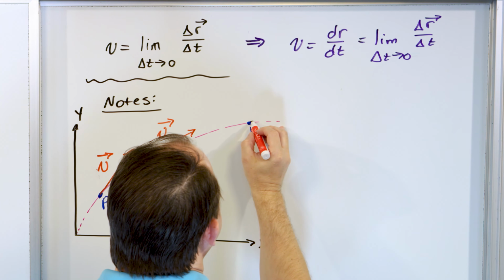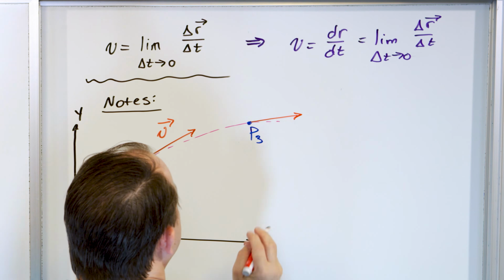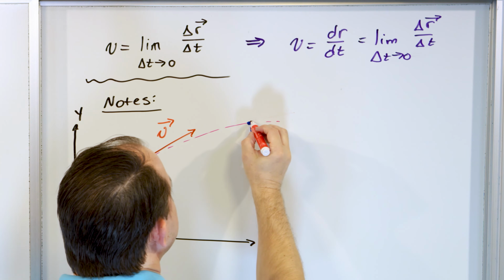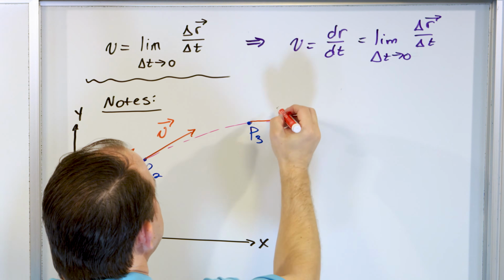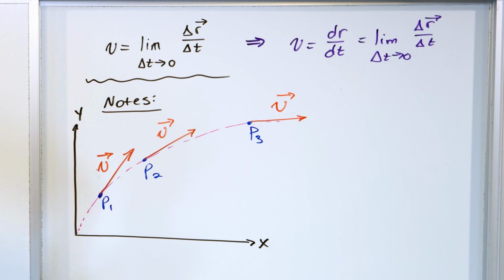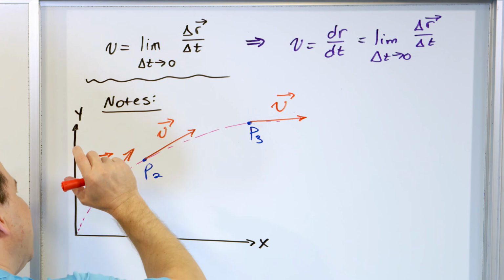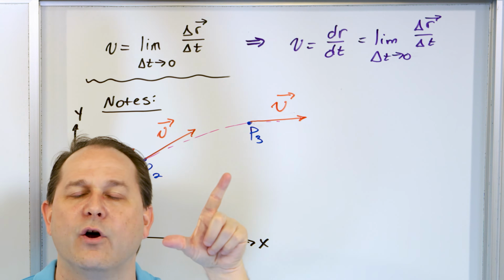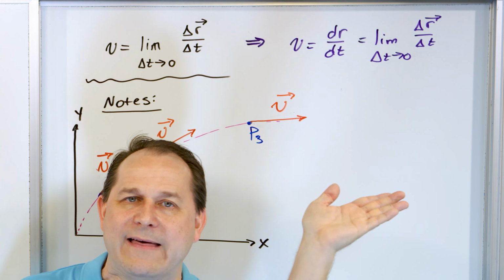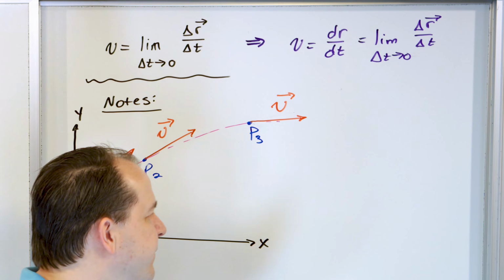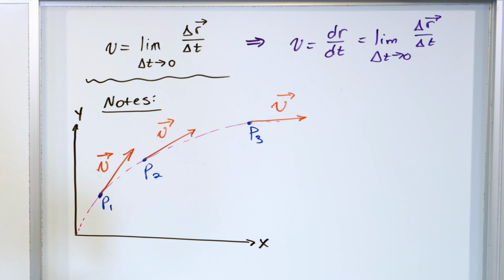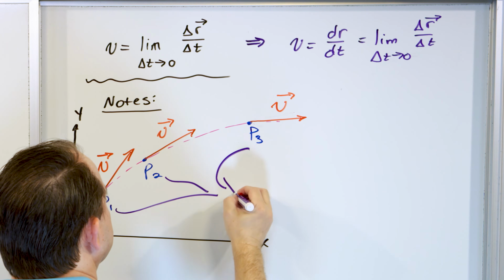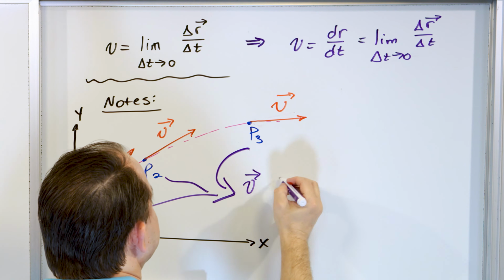And here you can see that it also has its own velocity, which I drew not so great. Sorry about that. It's going to be more like this, something like this. And it's got its own velocity like this. So at every point, it has an instantaneous velocity, and the point I'm trying to impress upon you is that the instantaneous velocity is always tangent to whatever the path is at that point. So I guess let me write a few more things down, and then we'll talk about it here. So at this point, and at this point, and at this point, the velocity is tangent